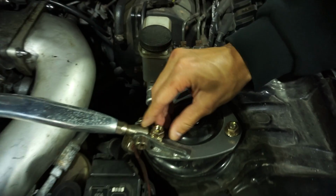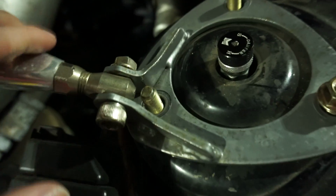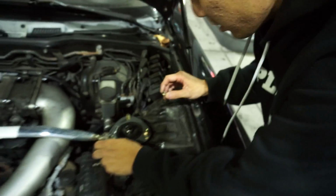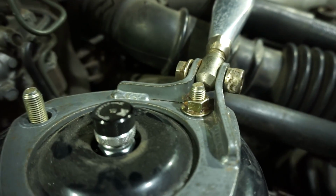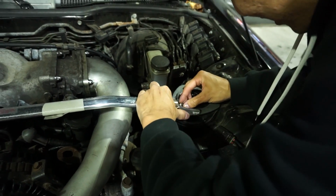This doesn't make any sense. Who would design this strut bar like this, where the nuts don't work? There's no room. Wait. Got it. You did? Yeah. Loosen that top one. You kind of have to pick it up and put the nut under first. Pick the nut under like this. Yeah, under there and try and turn it a little bit. Once it starts going, then nut on it. Dude, I can't nut on it, bro. I don't know how you're gonna tighten that, but